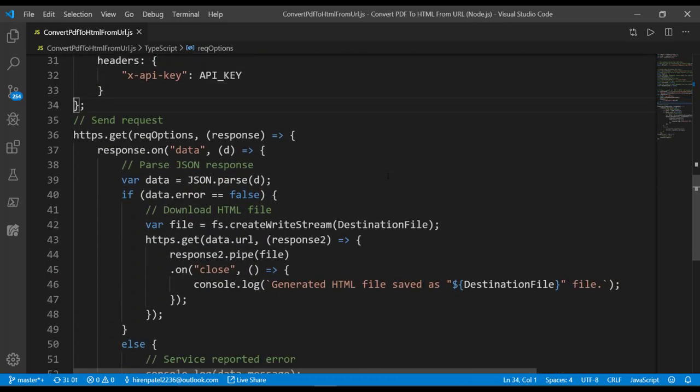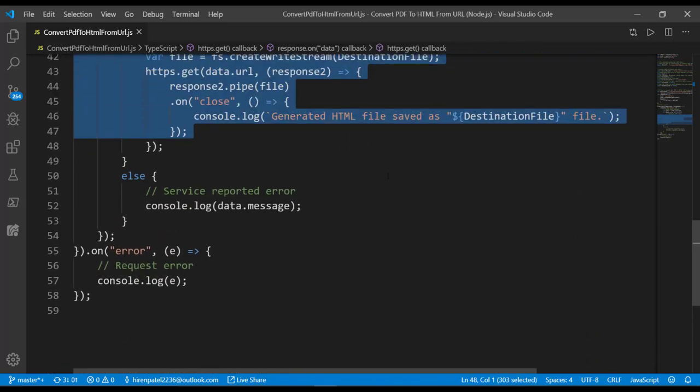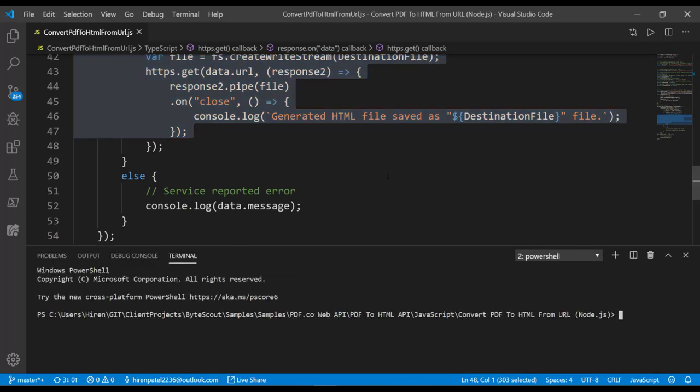And we enable the get response, and once we got the data, we are converting to the JSON, and if the JSON does not have any error, then we are grabbing the destination file and we are going to store it. So let us see this in action. Let us fire up the terminal and see.